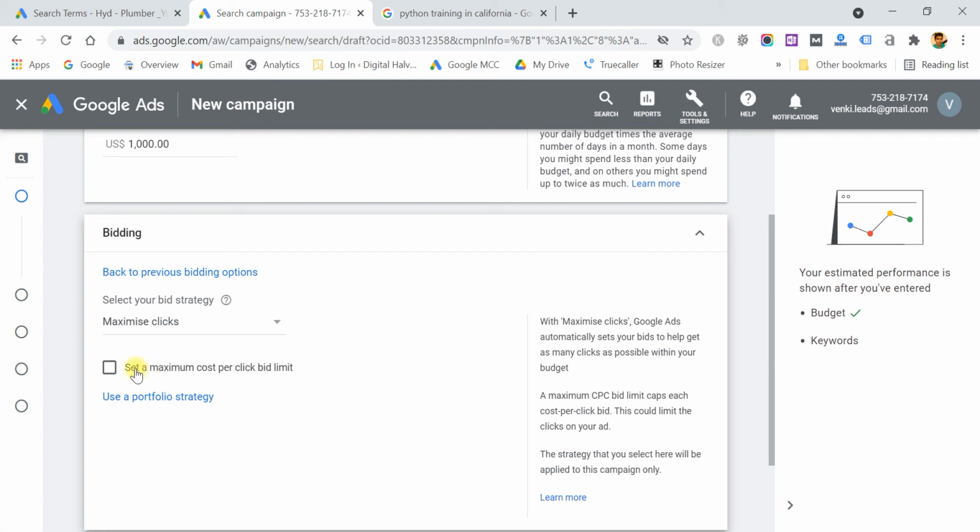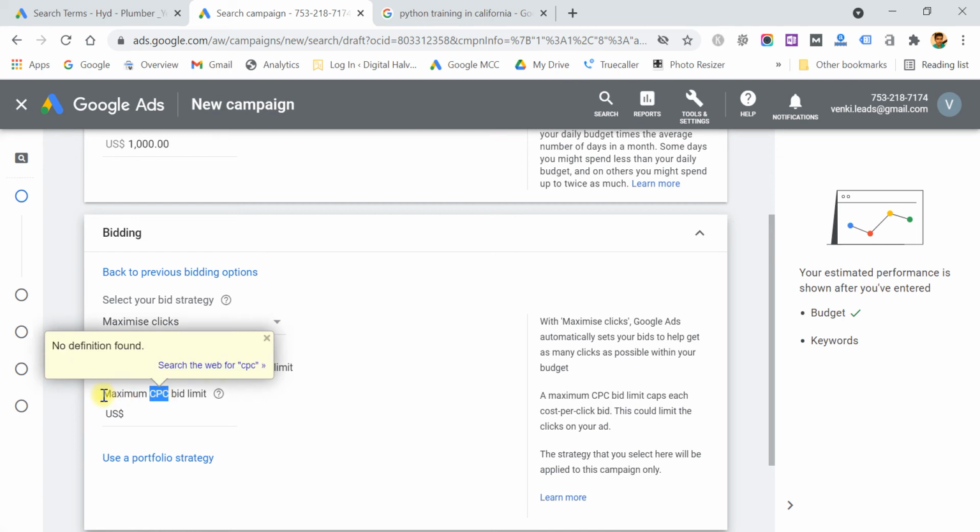Now what is this option? Until now we didn't keep any limit like $2, $3 per click. Now I am going to set this. First click on this box, then it will ask you the maximum CPC, in the sense cost per click. How much Google has to deduct for each click? We are giving $2.